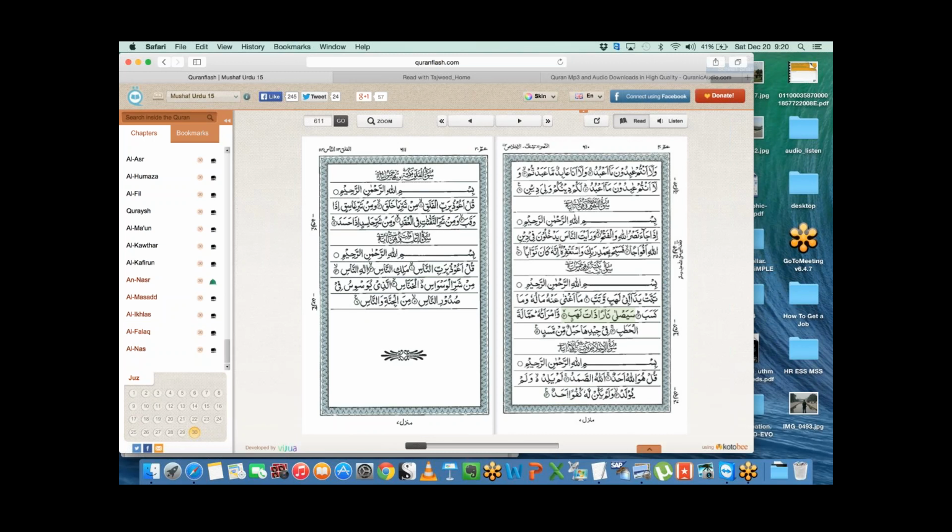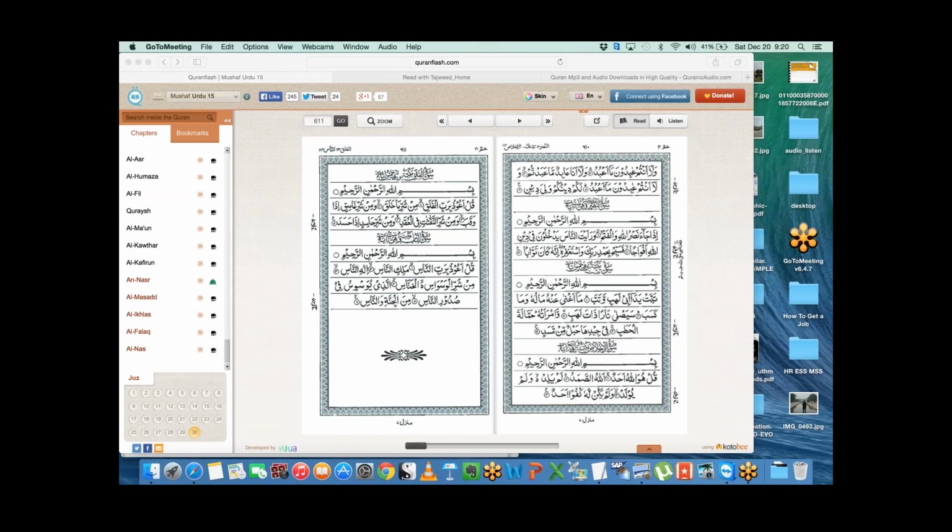But that's fine. I mean, you have your knowledge of which letters come. That is more important than relying on how the lining up is done for the different harakat, and also how the coloring is done for how you pronounce them. So let's not worry about them. Let's just continue to read.